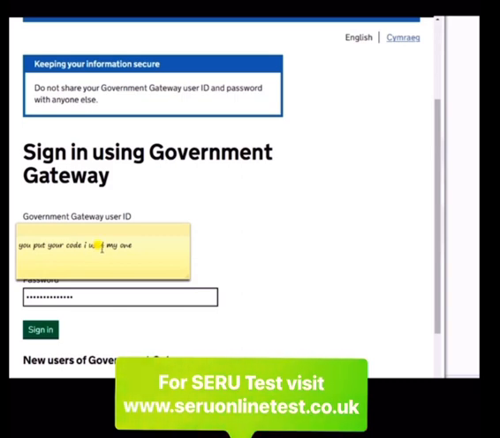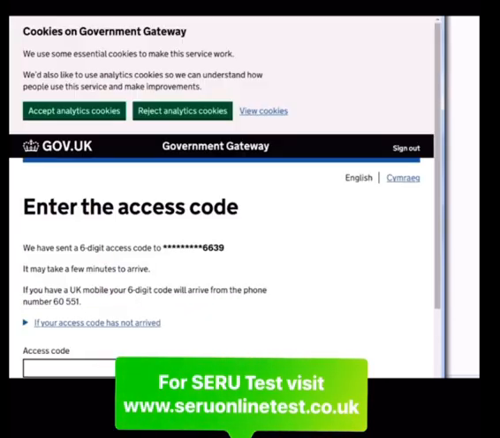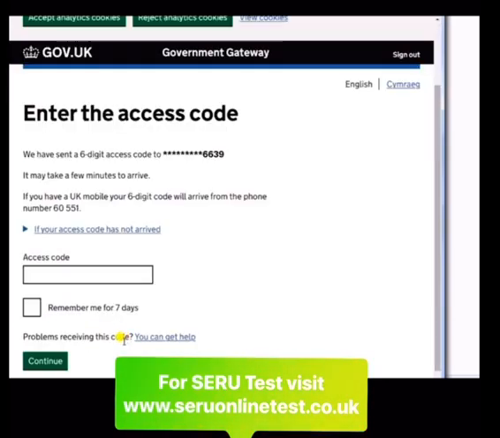You put your code, I use my one. I mentioned clearly I use my password one as well, and I get the OTP code on my mobile, so I'm gonna put my OTP code here. When I put my OTP code here,